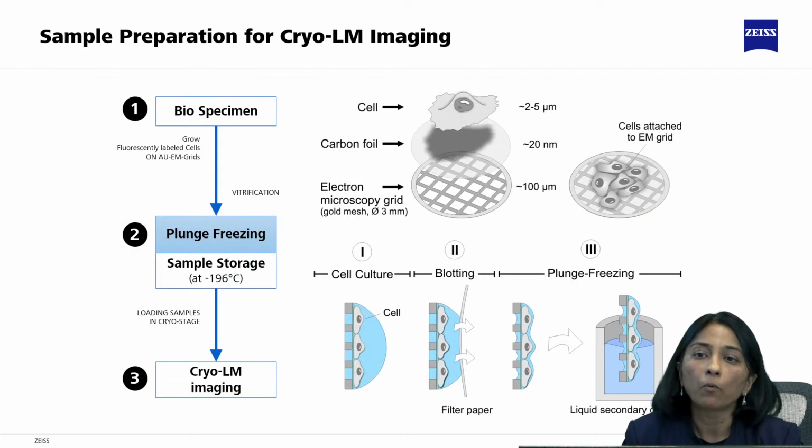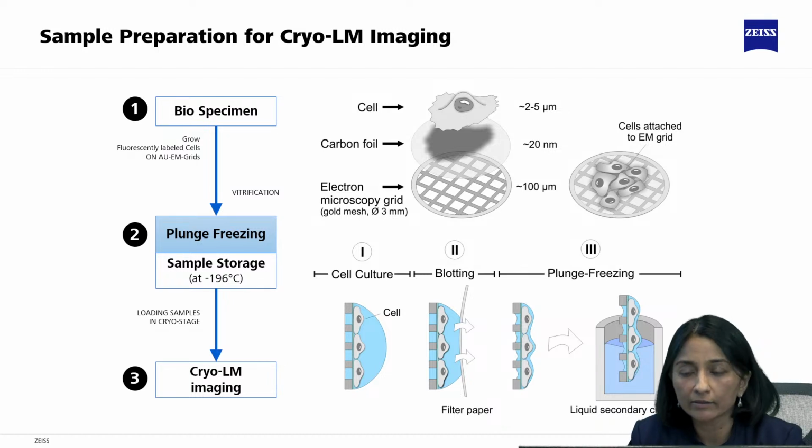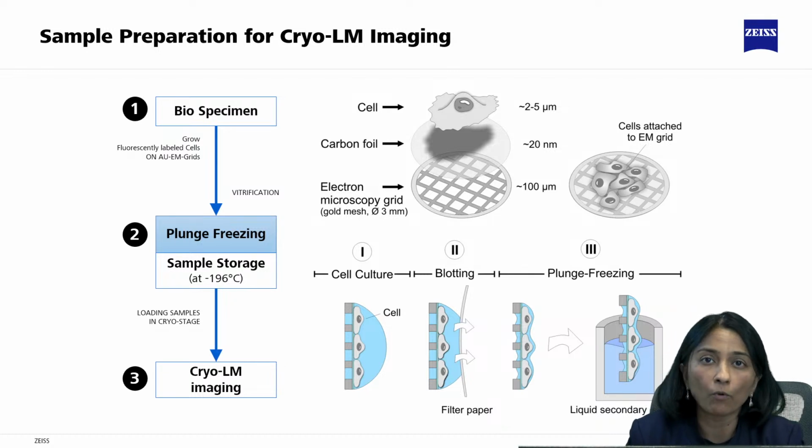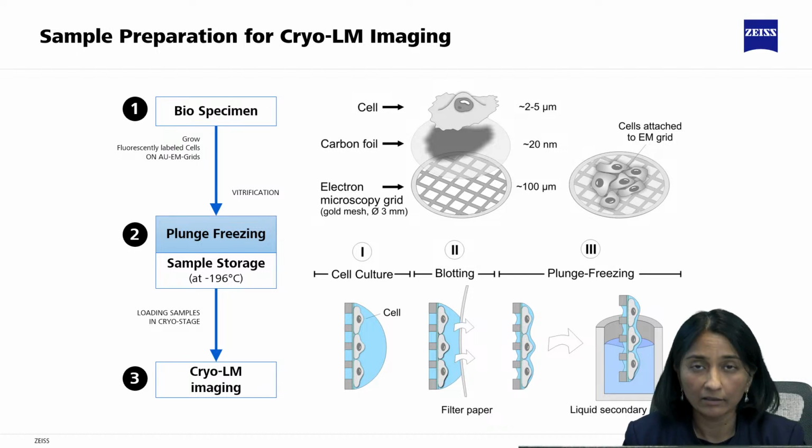So what kind of samples do we image, right? So essentially, like I mentioned at the very beginning, these are vitrified samples, and you want to maintain the vitrified nature of the sample. So you don't want anything that will cause devitrification, essentially. So what kind of samples? So these are